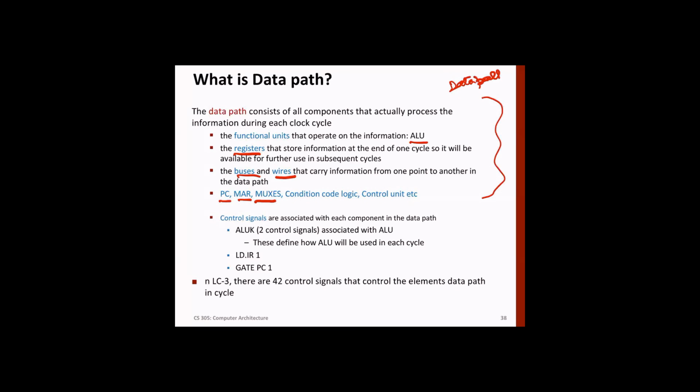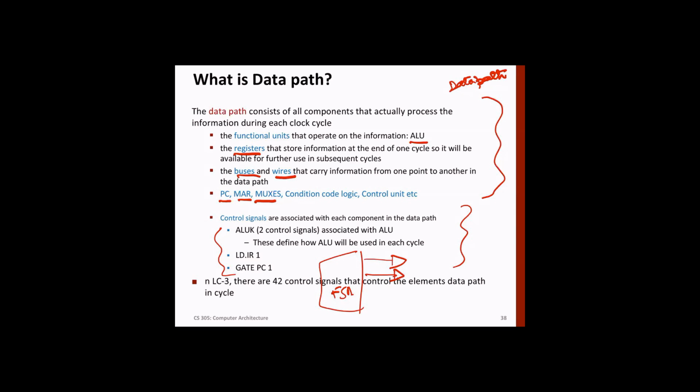That shows how data really moves around. And then we have control signals, like we have seen, generated by the FSM. So the finite state machine generates these control signals, and these are responsible for execution of the instruction on the data path.